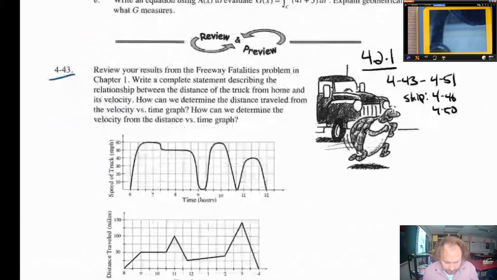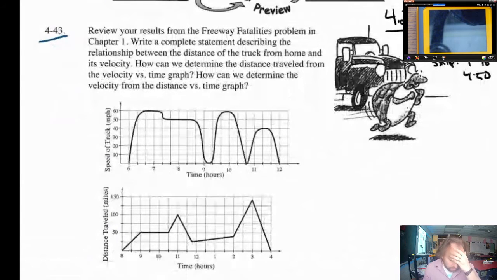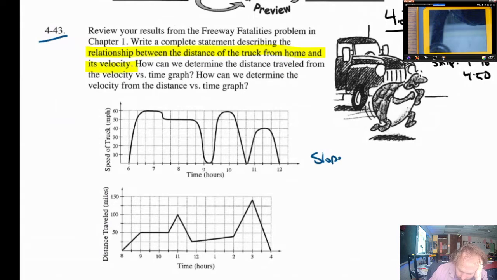Review the results from the freeway fatalities problem in Chapter 1. Write a complete statement describing the relationship between the distance of the truck from home and its velocity. So let's start with that question right there. We've said this many times before. The relationship between the distance of the truck from home and its velocity is that the slope of the distance graph equals the velocity